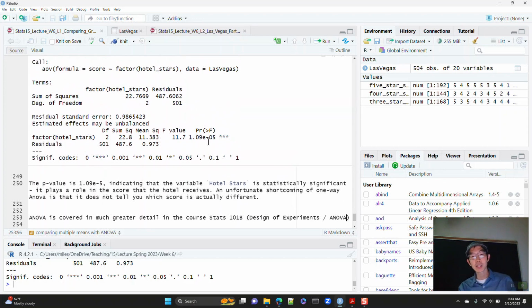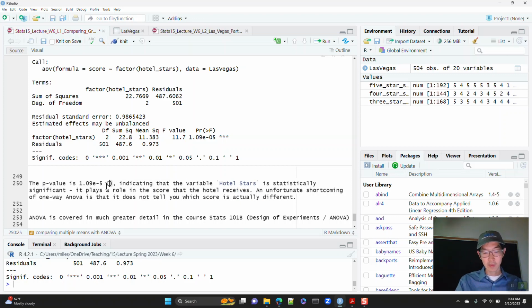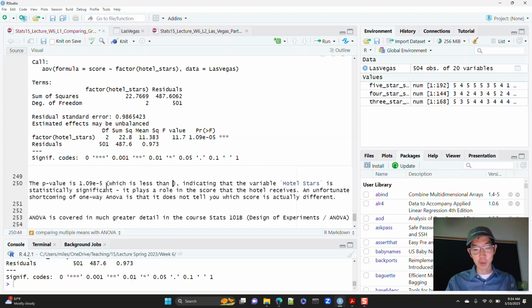So here we end up with a p-value of 1 times 10 to the negative 5, and that is a small number, less than 5%, and that indicates this variable hotel stars is statistically significant. It plays a role in the score that the hotel receives.